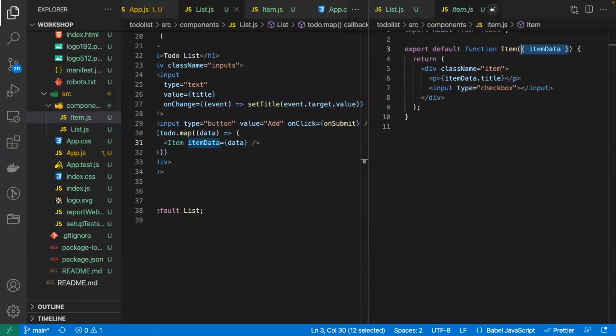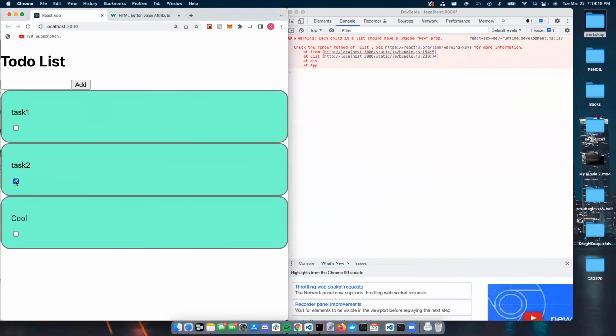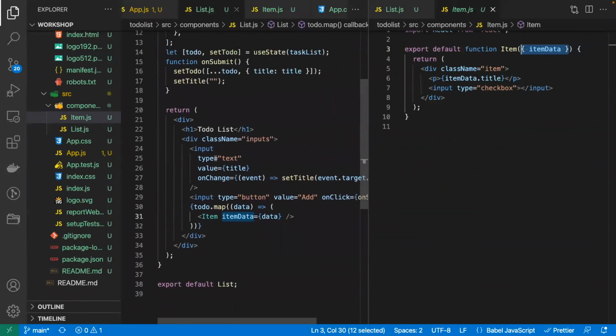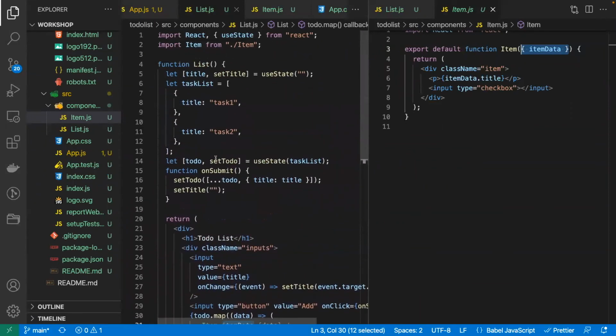Cool. So now when I hit this checkbox, I want things to disappear. I want the item that I check to disappear. And right now, if I hit this check button, nothing happens because we actually have to code this feature ourselves, unfortunately. So we need a function, and this function will actually update our array. Okay, so